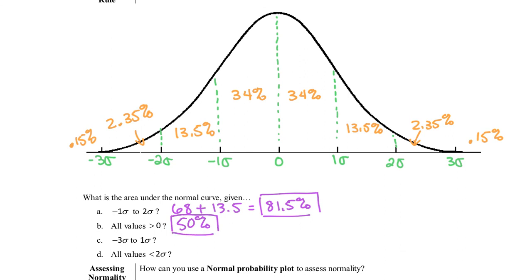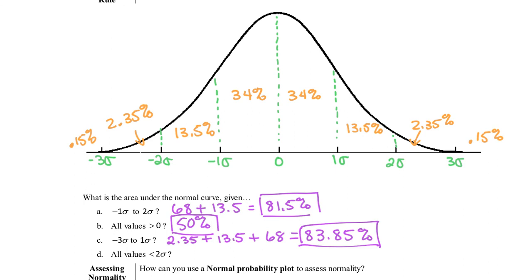The next one, so from -3 standard deviations to 1. Now be careful, don't just go, oh, well, that's 50% plus the 34%. It is not, because you do not include this little 0.15. So there's lots of different ways you could handle this. I'm just going to add together these two sections. So 2.35, 13.5, and then I know from here to here is 68. So I'm just going to put that as 68. And that'll give me